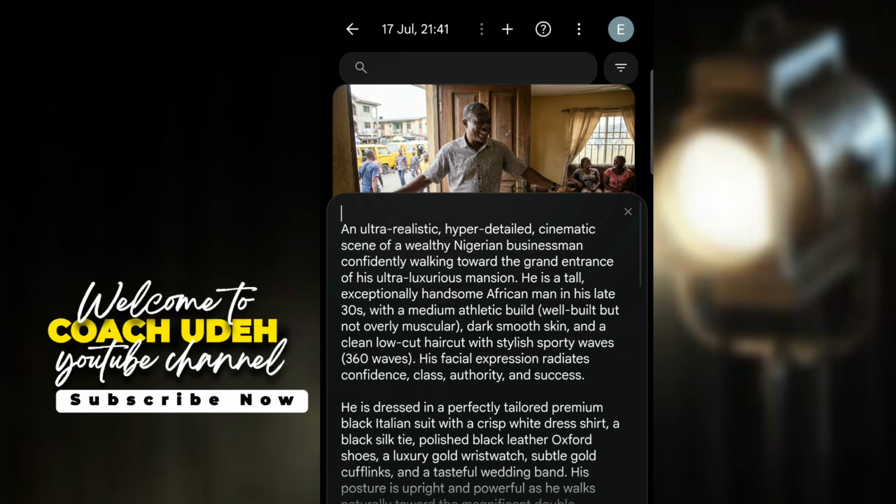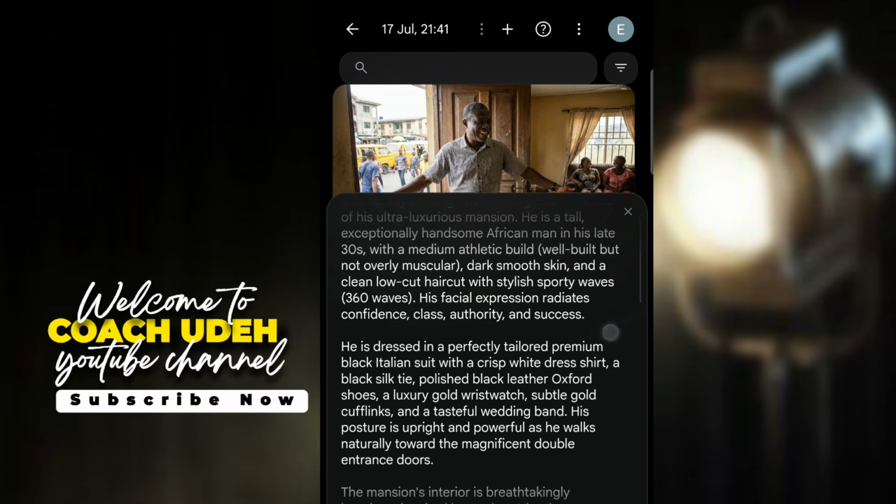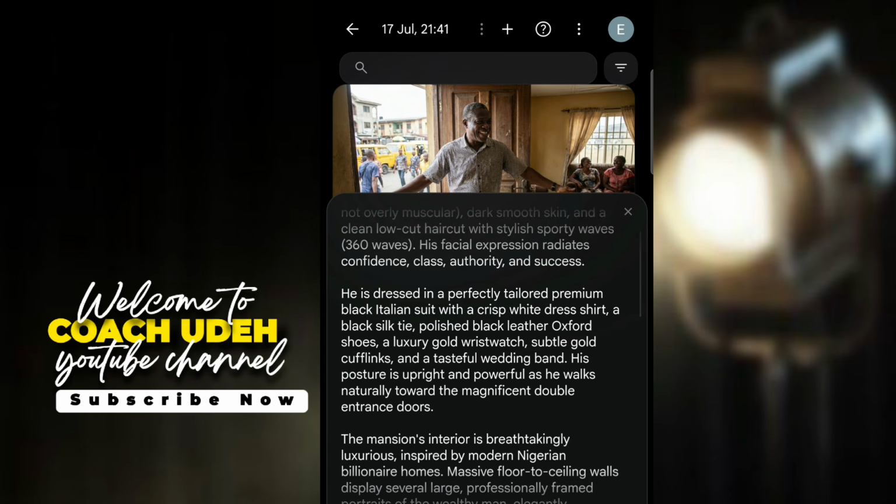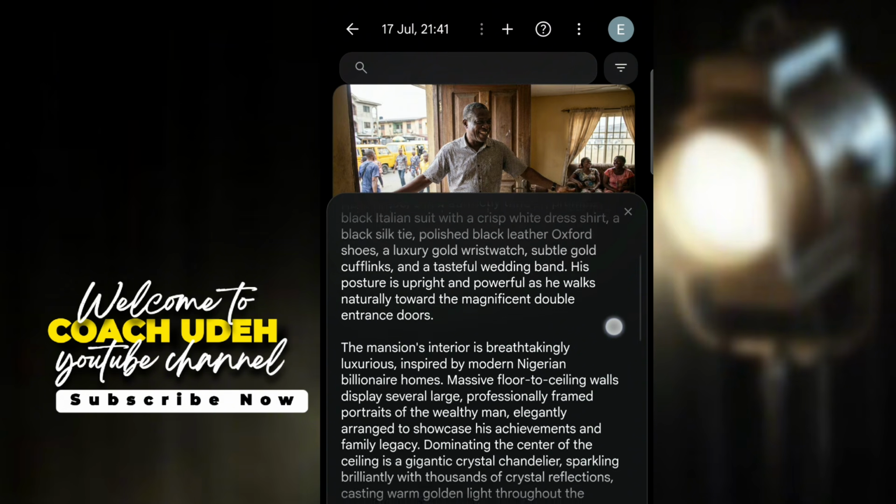Dark, smooth skin and a clean low cut hairstyle with stylish sporty waves. Now, do you see that? I explained everything here. He's dressed in a perfectly tailored premium black Italian suit with a crisp white dress shirt, a black sleek tie. Now, this is how detailed I am.